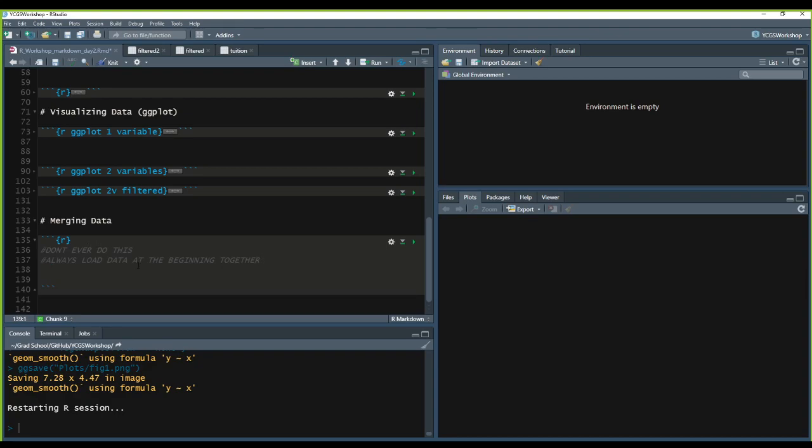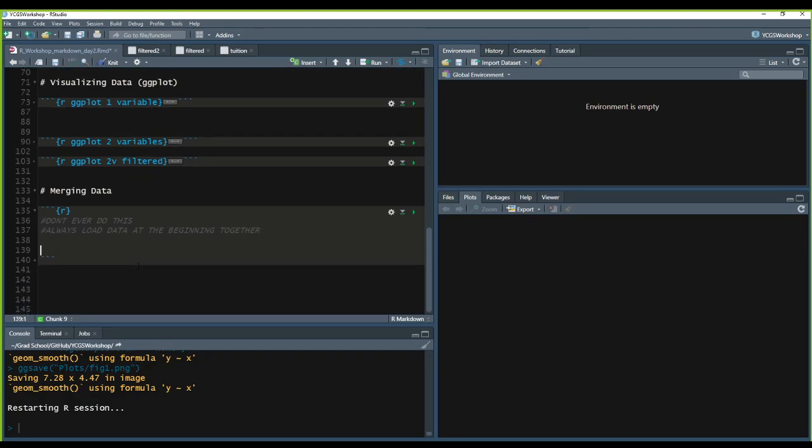Okay. Again, future self might not like it when I try to run code later on that depends on a data set that is buried somewhere. You want to try to make things as organized for yourself as possible. What we're going to do here